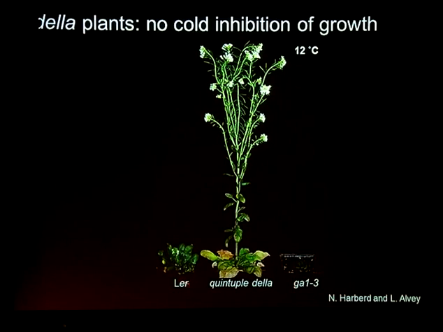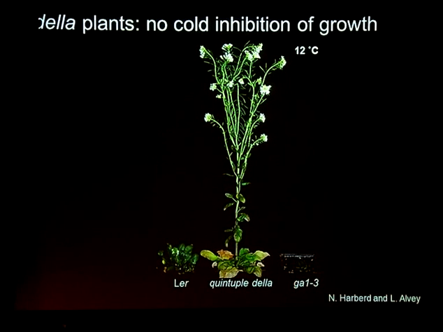That would suggest there doesn't need to be any particular set of sensory molecules that detect temperature. Simply the enzyme kinetics of all reactions in the plant will slow down uniformly, and that's why plants in the cold grow more slowly. We don't think that's the case, and one of the nicest suggestions for that not being the case was from a mutant that Nick Harberd made when he was here, which is this knockout for these DELLA repressive genes. So the DELLAs repress growth, and when you make a knockout of these growth repressors, these plants grow constitutively